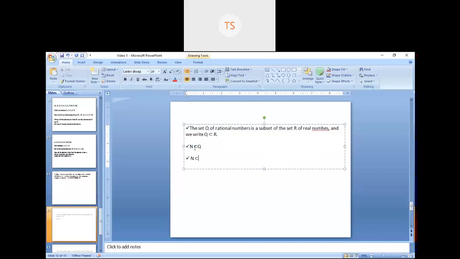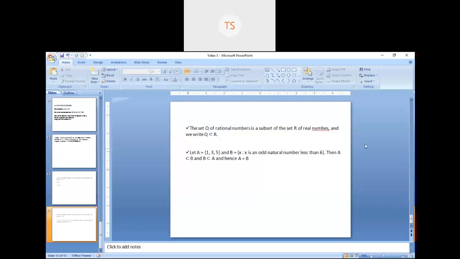Again, N is a subset of whole numbers, because the set of natural numbers will start from 1, 2, 3, 4, 5, 6, 7, 8 and so on, and the set of whole numbers will start from 0. That means, compared to the natural numbers, the set of whole numbers has one extra element, 0. That makes the set of whole numbers a bigger set compared to the set of natural numbers. So that's why we can say that capital N, the set of natural numbers, is a subset of whole numbers W. Okay? So always remember these relations.